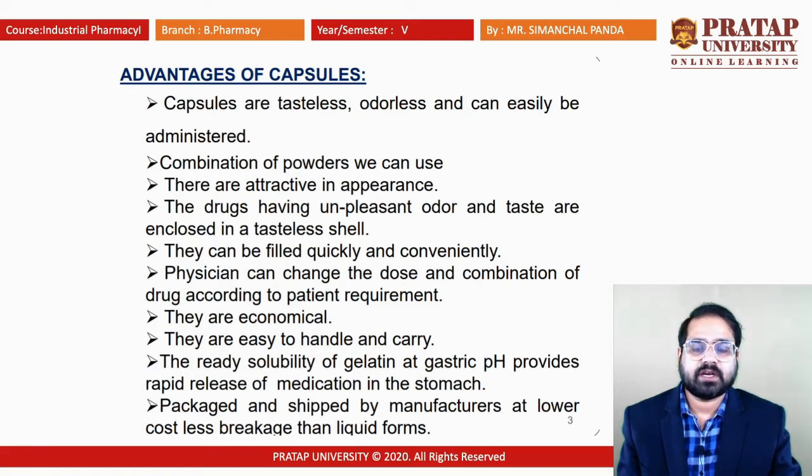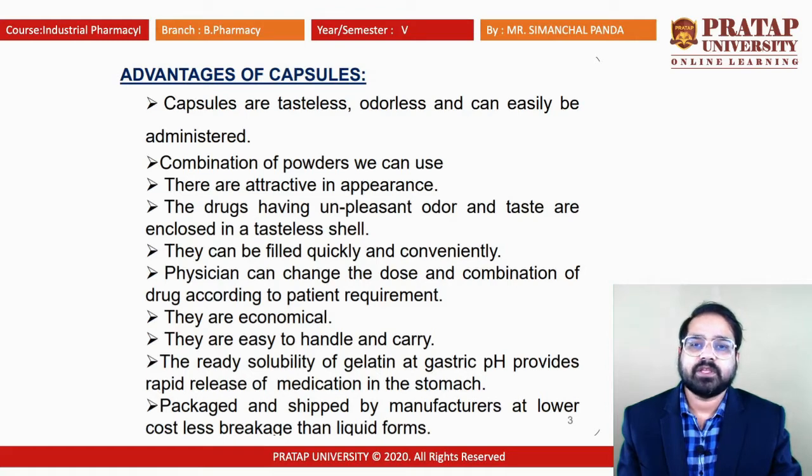First of all, these are tasteless, so they can mask the taste easily, and they can mask the odor as they are odorless, and they can be administered easily. We know that if two different medicaments are there, it is difficult to formulate in other dosage forms, but in case of capsule we can give the desired amount of dosage form and we can seal it,